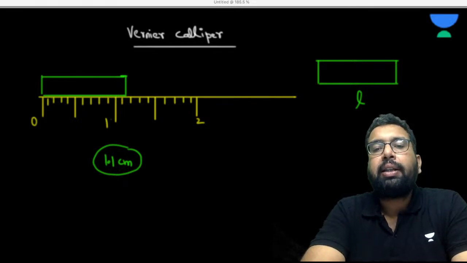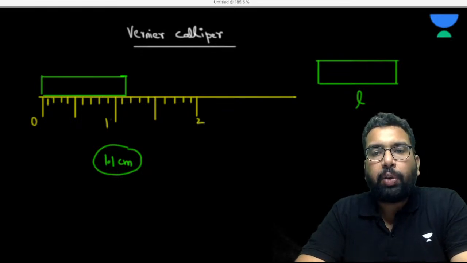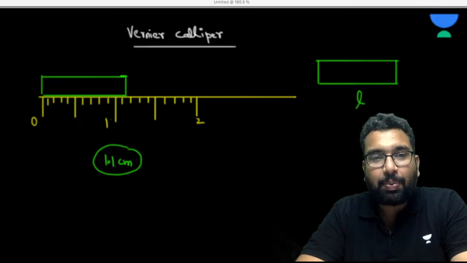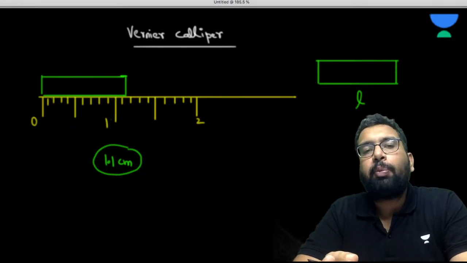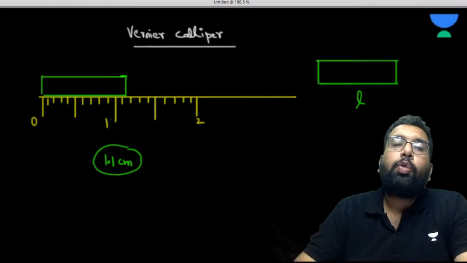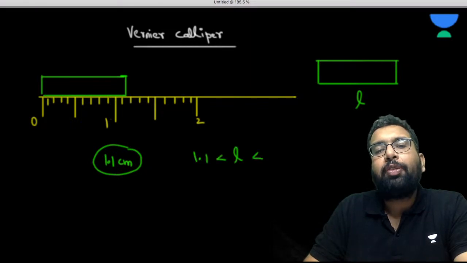It is not exactly 1.1, right? Can you feel that this is not exactly 1.1? Sir, it is slightly more than 1.1. This is what we can observe from this very diagram that you have made here. Now, when I say it is more than 1.1, you can observe that it can be anywhere between